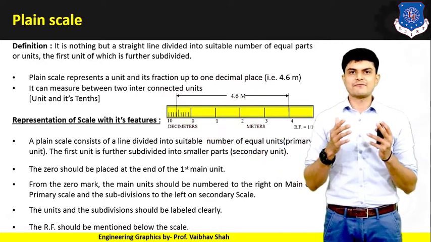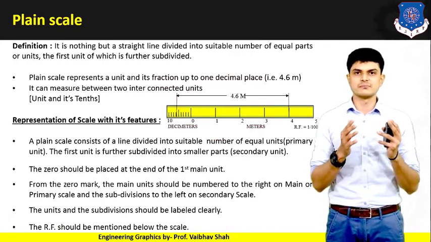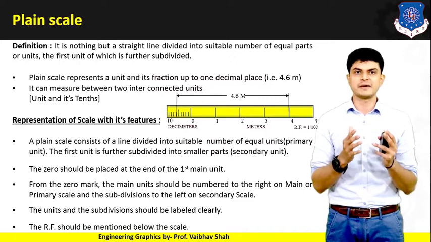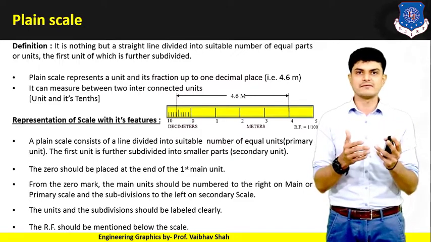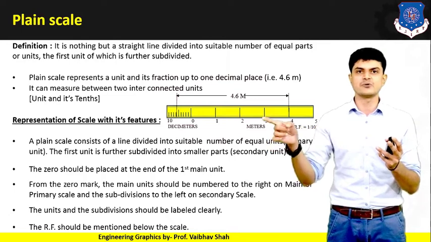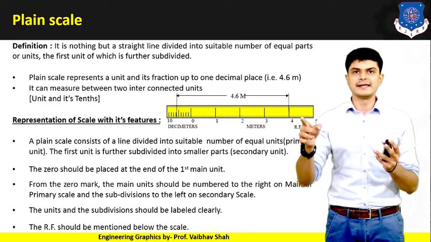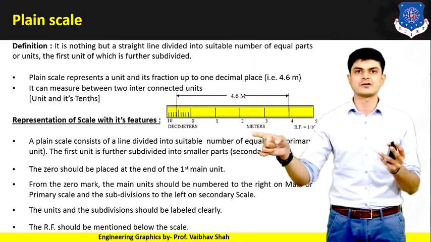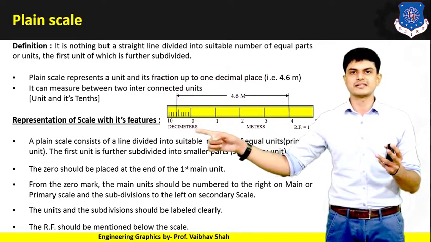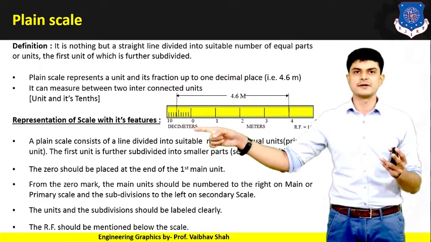So now after that what we need to do? After dividing this line into a certain number of divisions, we'll specify the units. Which unit is specified on which scale? For that we have specified meters here, down here. We need to find the center between 0 and 5, and the center is 2.5. So we have written meters almost at the center of your scale. Secondly, for the secondary scale of decimeters, we need to write decimeter just below the scale. So we have written decimeter here.